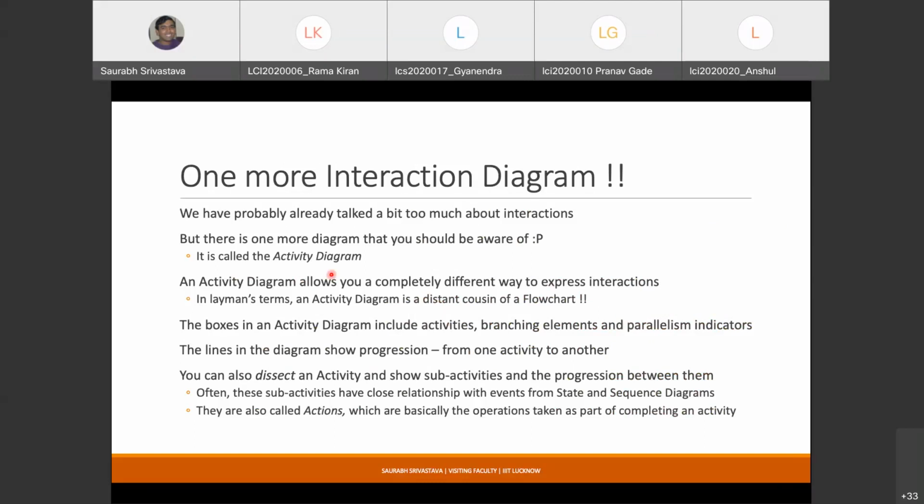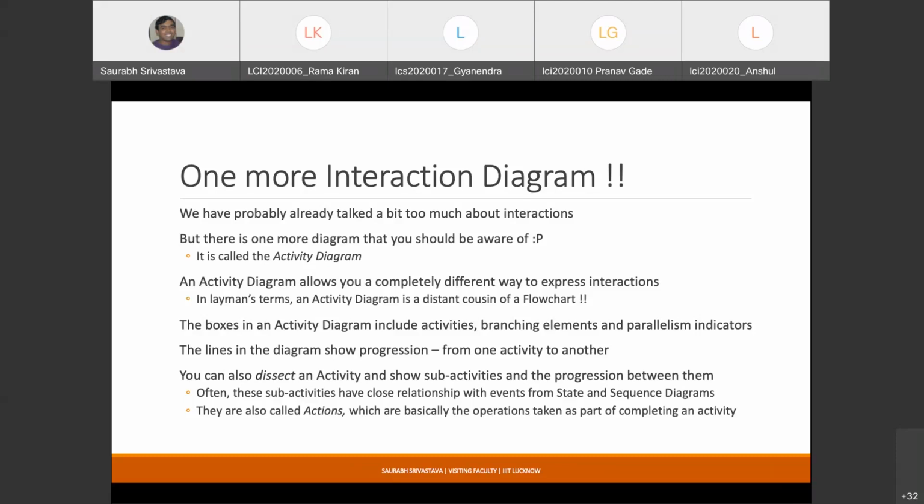So an activity diagram is very similar. In fact, when you start looking at activity diagrams, you might at times confuse them with flow charts. I think many of you would have seen flow charts when we were doing ITP, because this is a very common way to showcase to someone how exactly a process works. So in a flow chart, usually you don't focus on the actual data. You have to understand that a state diagram is a data oriented diagram. You basically show how data changes its state from one point to another.